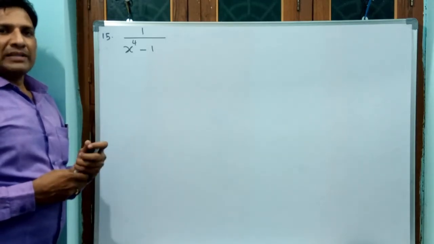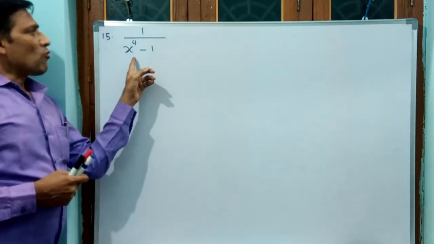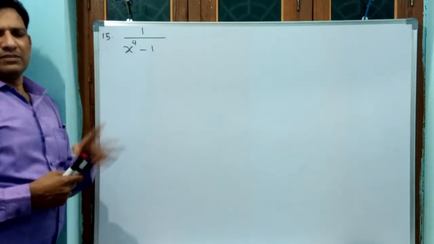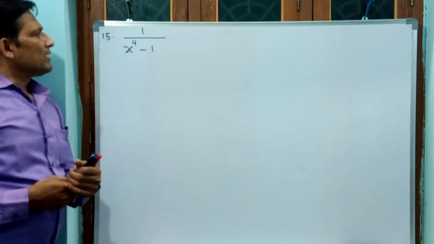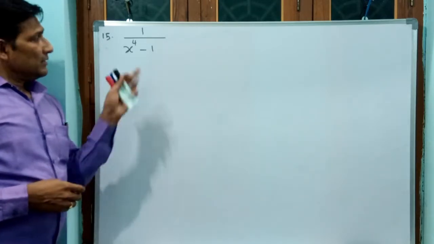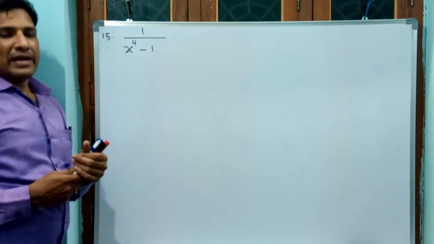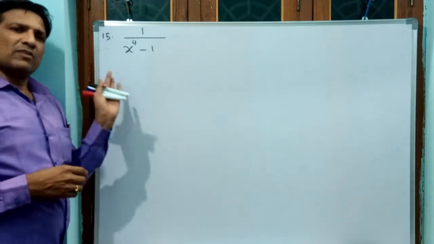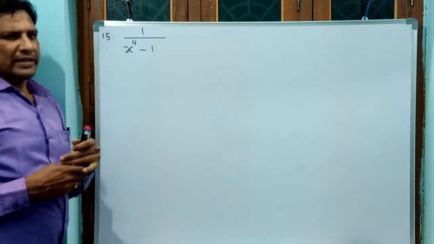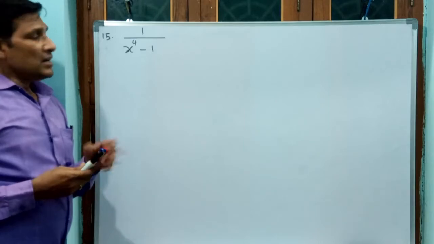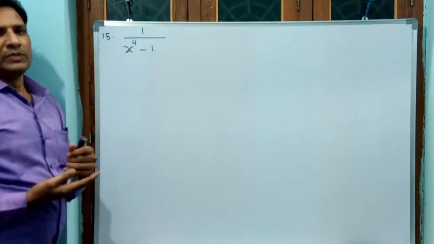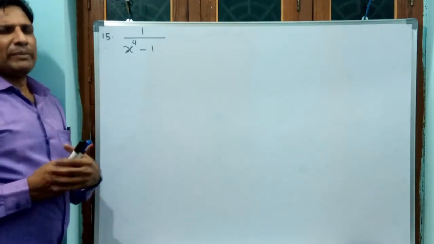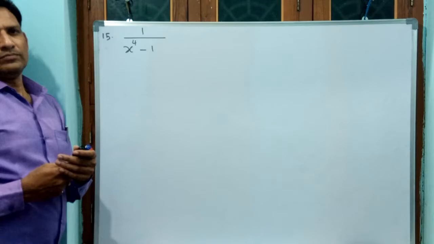First of all, is it a proper fraction? Yes. Why? Because here a power 4 expression is there, and the numerator is a constant, not even linear. Then it is a proper fraction. Then how to deal with it? For the x cube question we used the hit and trial method, took one factor, divided, and split those factors. But how do we do the x to the power of 4 question? Shall we take any factor directly, or shall we apply an easy formula? We can apply an easy formula.